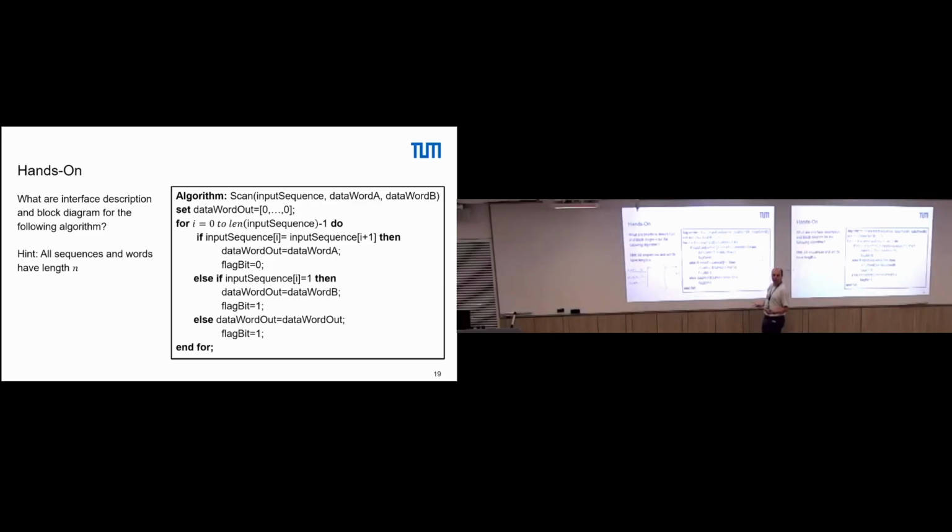We have three options. How would you implement different options in hardware? Different options in hardware usually means we need some multiplexing, right? So we have a multiplexer here that goes into the input,